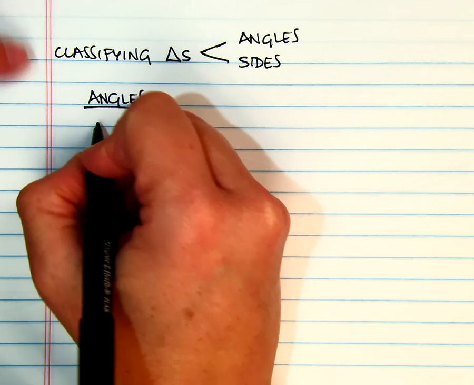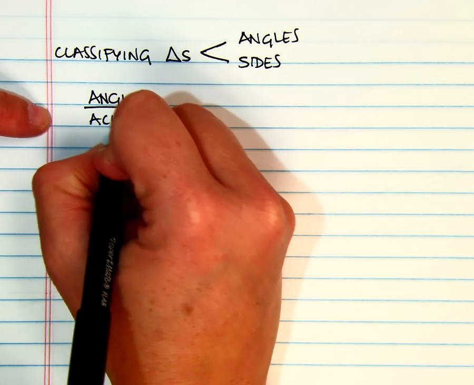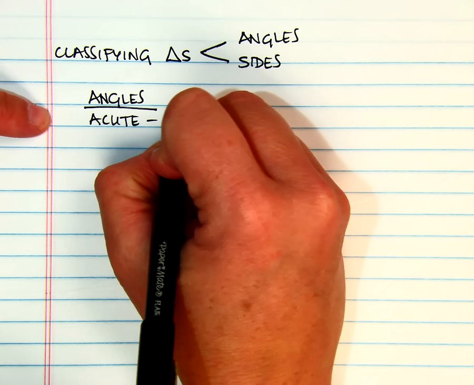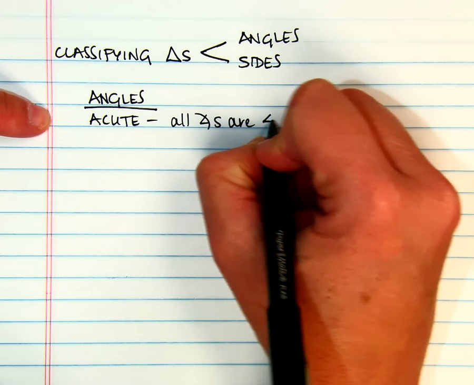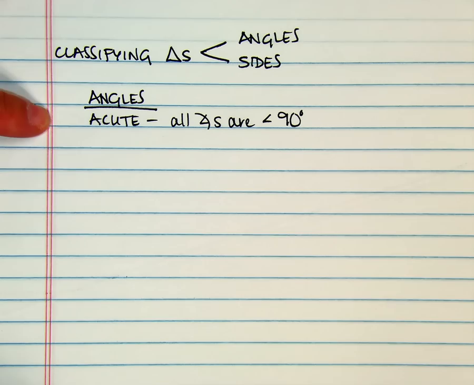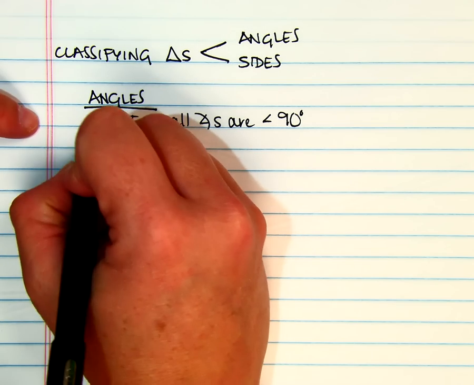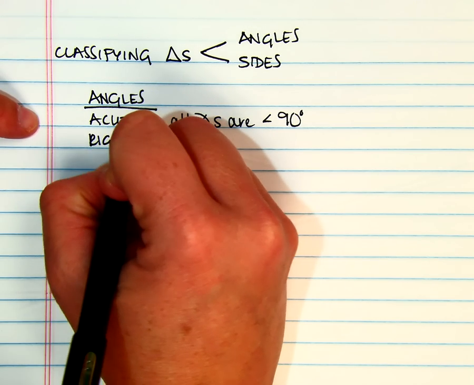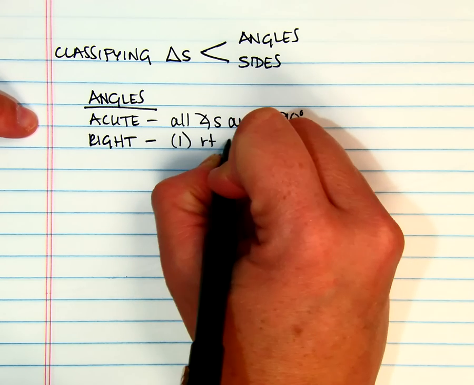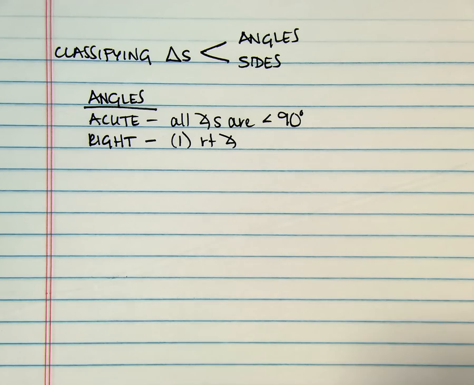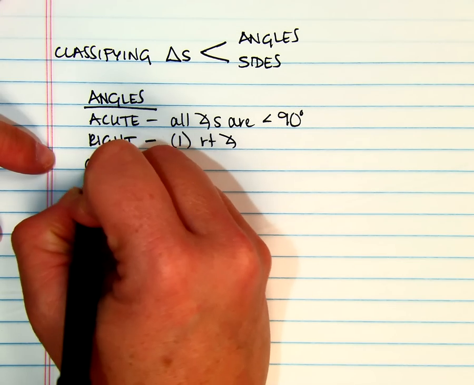we have acute, which means all angles are less than 90 degrees. We have right, which means that you have one right angle. You have obtuse,